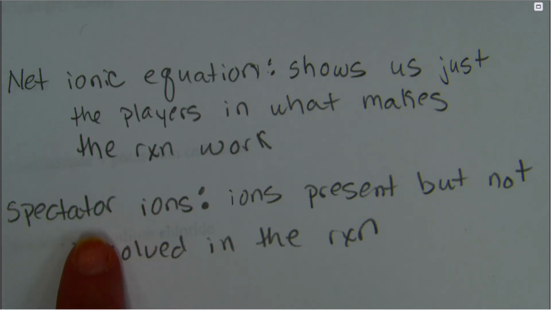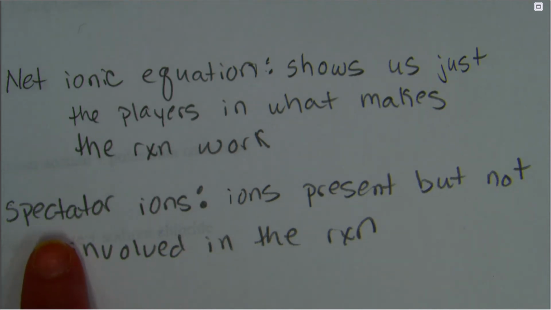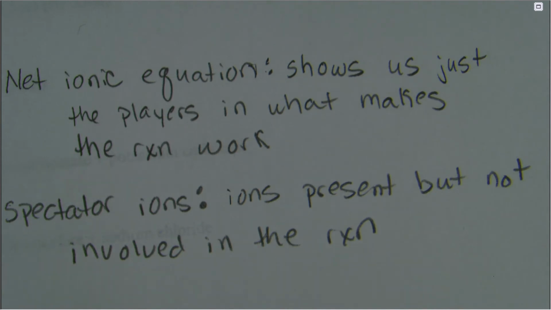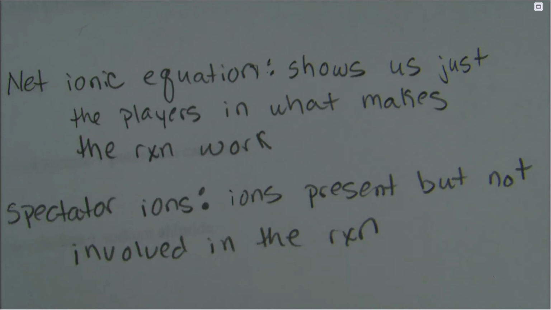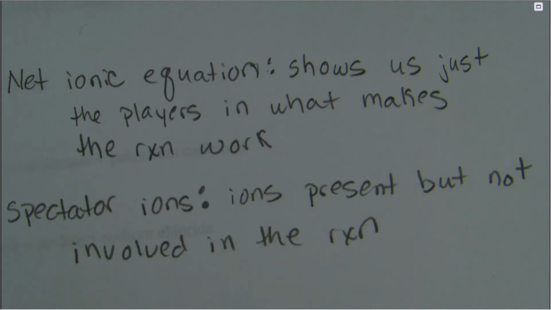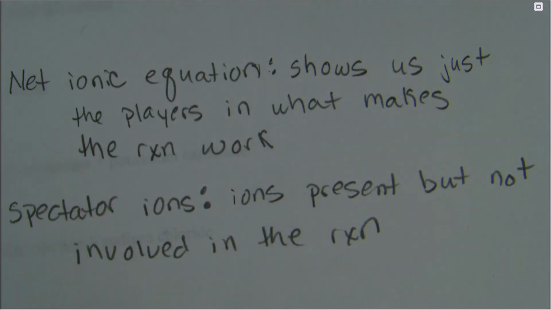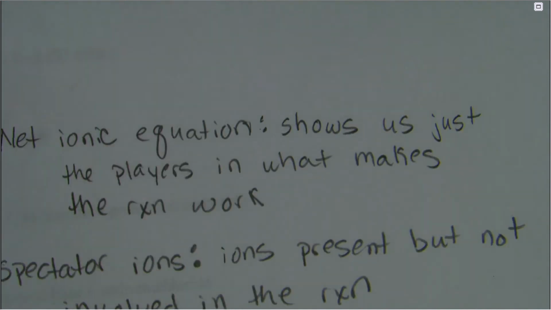No. You did not influence how the team played on the field. You were simply a spectator. You were there during the game, but you did not affect or influence the outcome of the game. The football players were in charge and the ones who influenced the outcome of the game, not you. You are a spectator. So here's how we're going to do a net ionic equation, and let's come back up